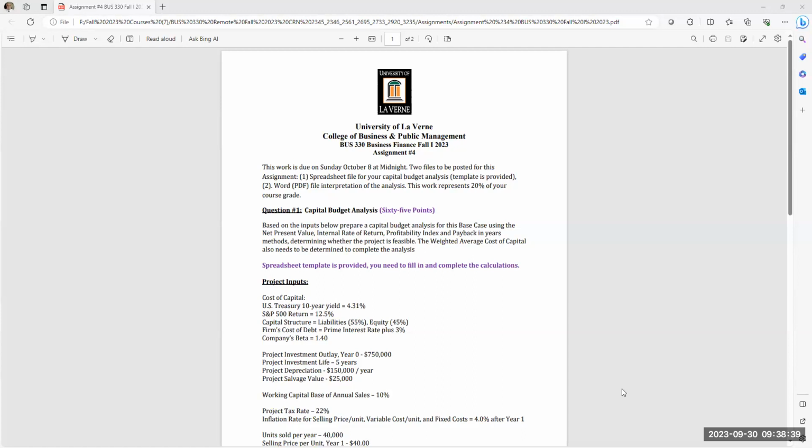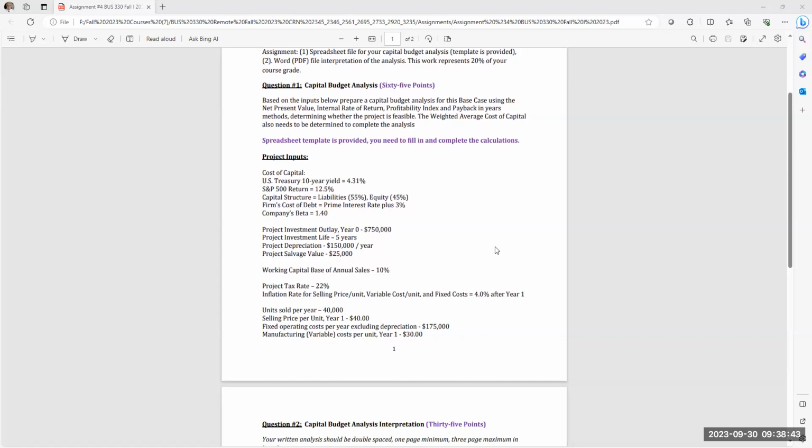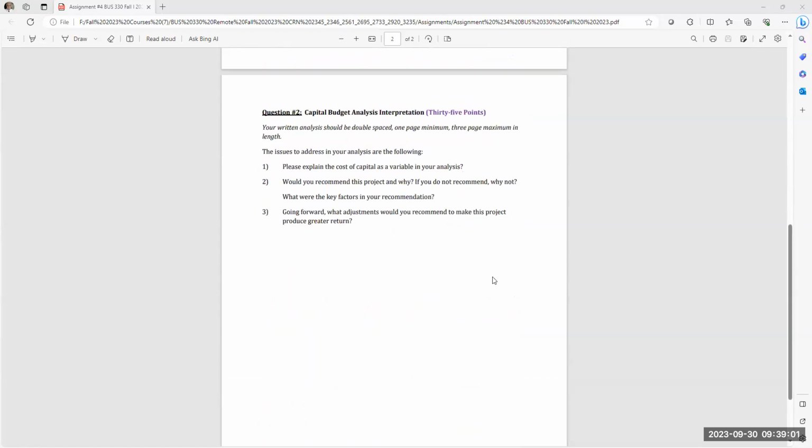So once you calculate the cost of debt and take the input variables to determine the project cash flow, you're asked to do on a spreadsheet the net present value return analysis, internal rate of return, profitability index, and payback in years methods. Once you have that completed, then I'm asking you to do a 1 to 3 page paper